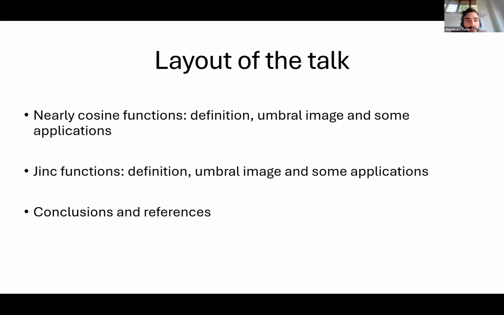physics. So today I speak about nearly cosine functions, defining them, and also I will speak of the umbral images of this function that can be useful to solve some integrals that involve this function. So you may understand that especially in physics, but not only, of course, we can model nature by means of mathematics, but very often we need to integrate very difficult formulas. Of course, we can use calculators, but there are still some techniques, like this technique of umbral method, that can allow us to solve very complicated integrals, finding exact solutions,